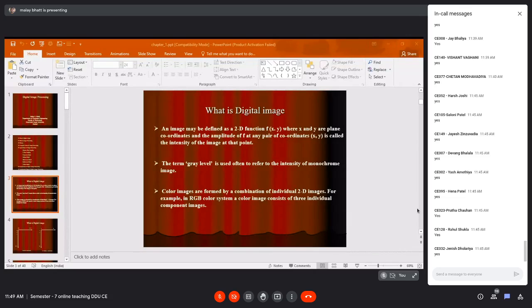It is various shades of black. It will start from black, then reduce the black, and finally reach white. So various shades of black and white are known as gray levels. It is a grayscale image, variations of different shades of black, going from black to white.